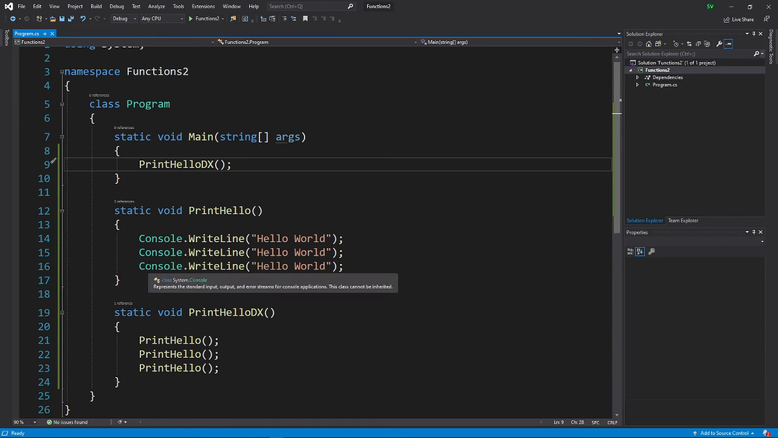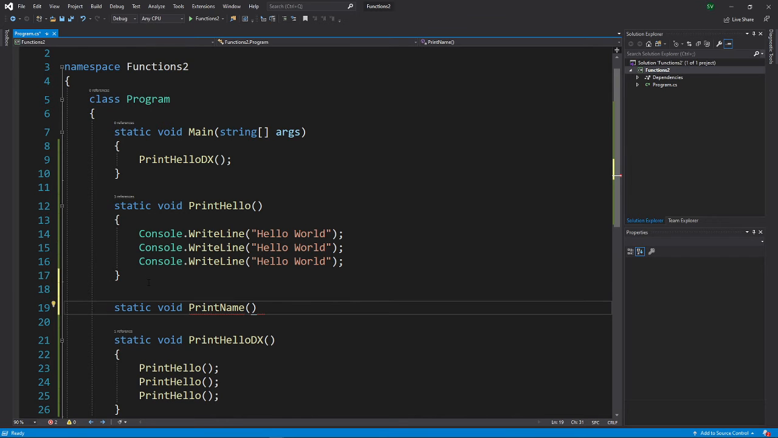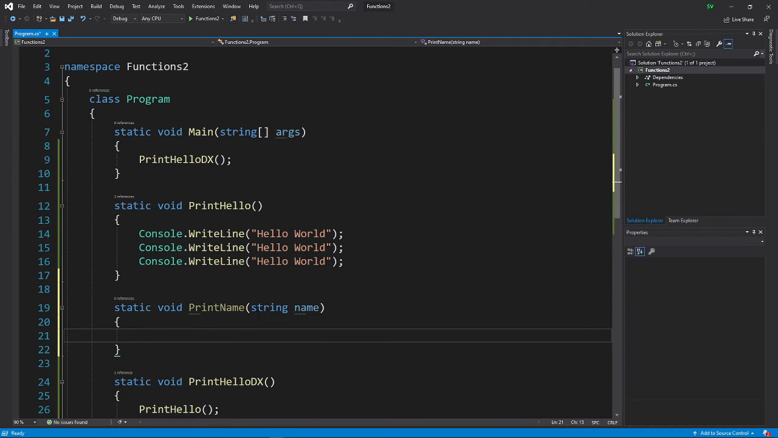Now that we know how functions work, let's dive into parameters. So let's make a final static void and call this print name. It's the same as a regular function, except in those parentheses, we put in a string. That's the type. We put in a type. Then we put in the name of the variable. I'll make this one called name. Then we put in brackets, and inside those brackets, we can go ahead and